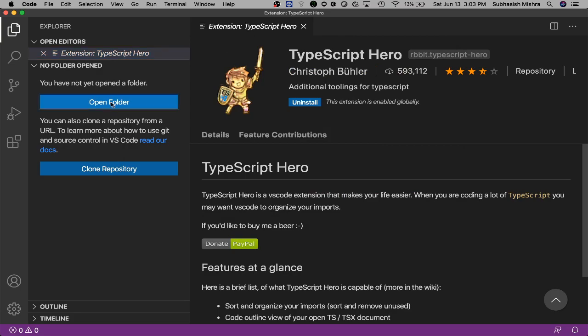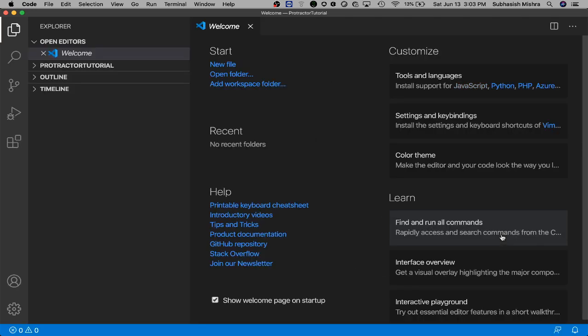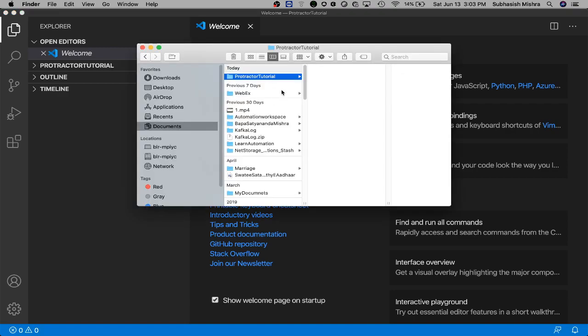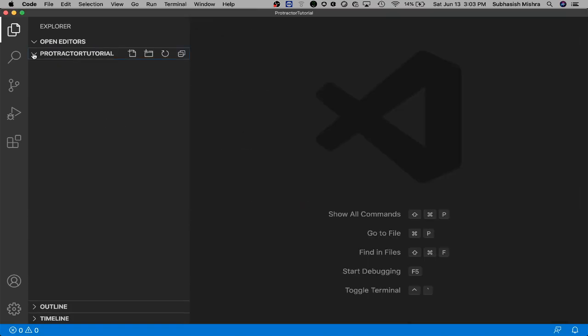Click open folder, then I'll go to my documents and click on this folder, open. Also, you can directly drag the folder like this, and that will also work. Okay, so this is our folder. What we'll do is we'll try to create two more folders inside this.